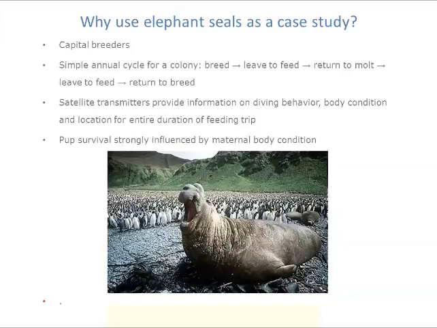Then we can capture them again when they come back, find out exactly how fat they are, and then we can follow what happens to their pups, both while the mothers are feeding them and then when the pups go to sea. And what those studies have revealed is that the survival of pups is strongly dependent on how much milk their mothers give them, and how much milk the mothers give them depends on how fat the females are when they come ashore. So female body condition at the end of that second foraging period is critical to determining pup survival. So anything that affects that is going to affect the subsequent survival of the pup.